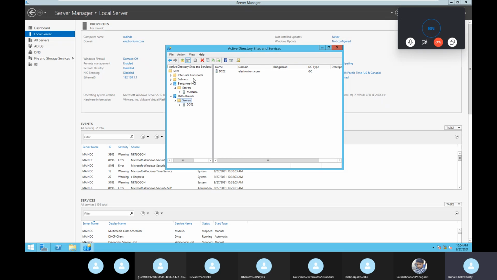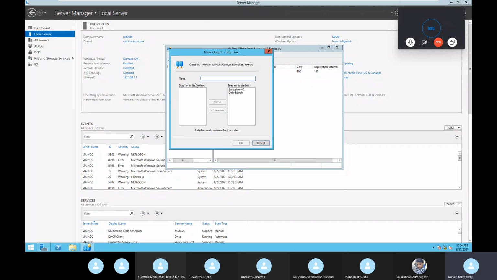Can you see here inter-site transport? Expand it, you will get IP. Right click on this IP and create a new site link. We need to create one link. Write the name you want. Bangalore hyphen Delhi.